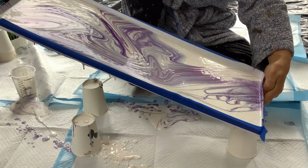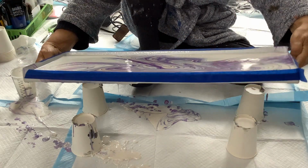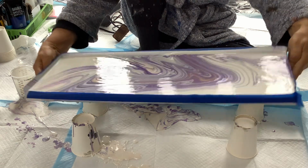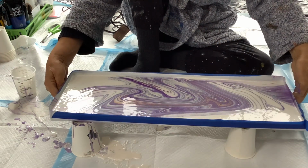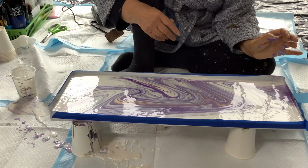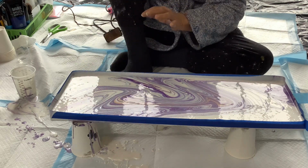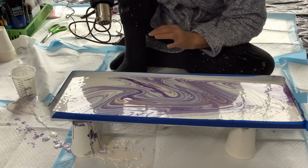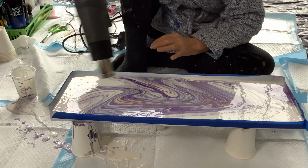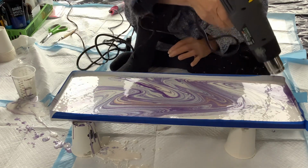I'm going to try to go for a focal point, but looking at this, since it's a rectangular canvas, I'm thinking the thirds will work. Now, what do you think? Obviously, it's going to stretch some more. I love what's going on here. I'm not really sure if the camera's picking this up, but it's absolutely beautiful. And pop some more bubbles. And I have this on low setting. I don't know if you can hear, but